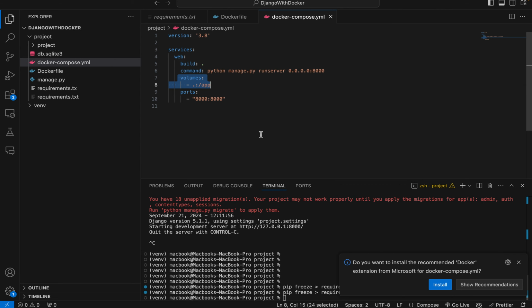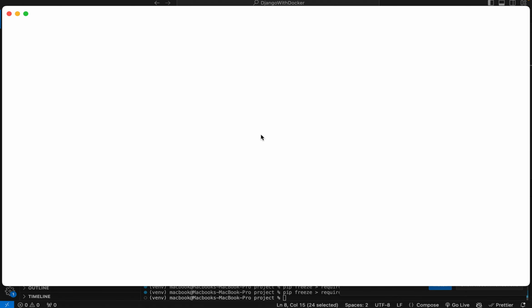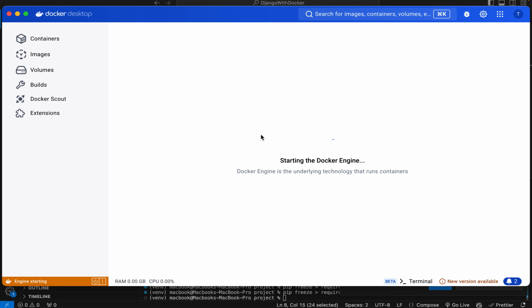When we open this one, then we can simply run a command like docker compose build. When we run docker compose build, it will create an image for us, and then when we run docker compose, it will let us see our containers and images here which are currently running. So we simply need to run these commands. It will take a lot of time to build an image, so I already built an image, let me show you.